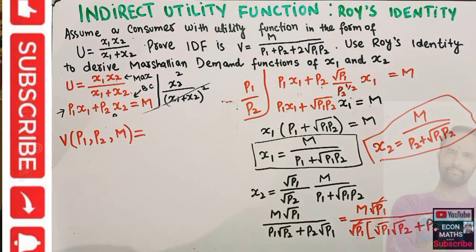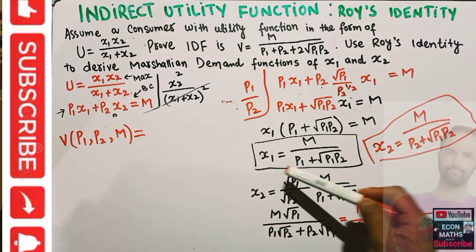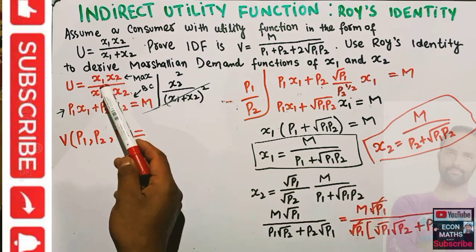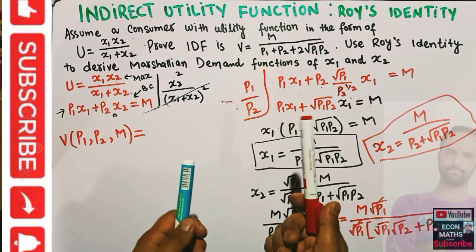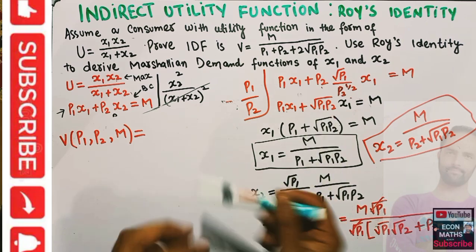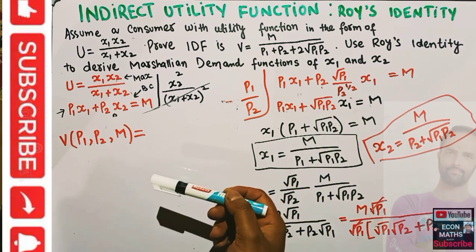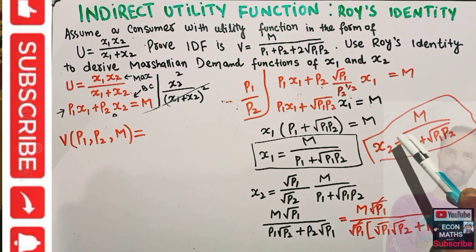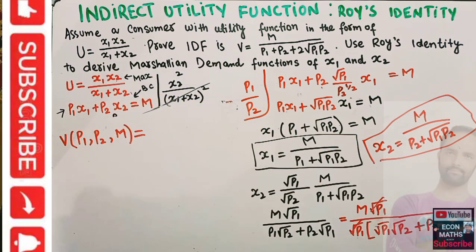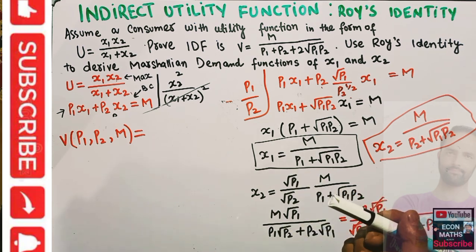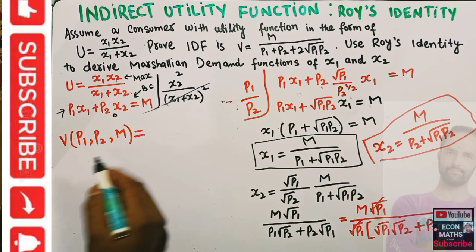And how do we find the indirect utility function? We need to plug our demand functions of goods x1 and x2 into our utility function. I repeat, to find the indirect utility function, just plug the optimal values of goods x1 and x2 back into our utility function. Okay, so v will be equal to,